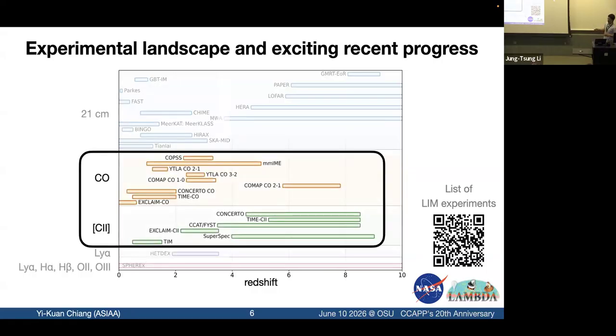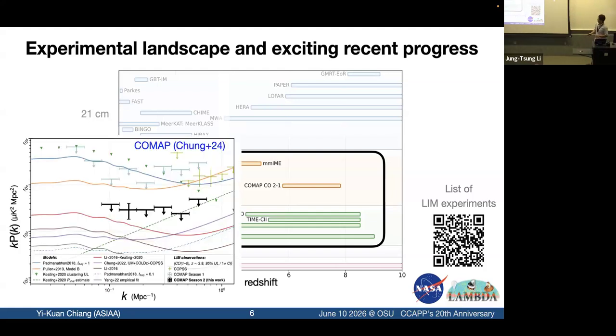So CO and C II are in the millimeter and far infrared. This basically overlaps with the cosmic microwave background community, becoming a sub-community of CMB experiments. And these LIM experiments will require higher spectral resolution than typical CMB analysis. But here is the latest status of the CO power spectrum, P of k versus wave number k. And all these data points are actually upper limits from different experiments. So there's no solid detection yet.